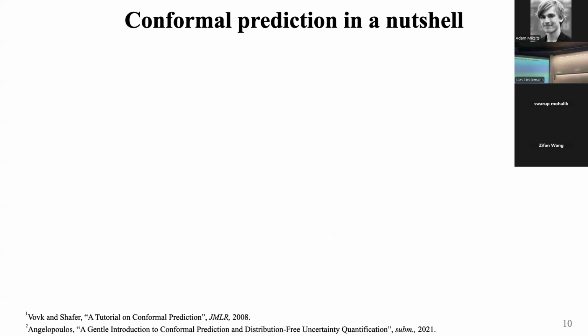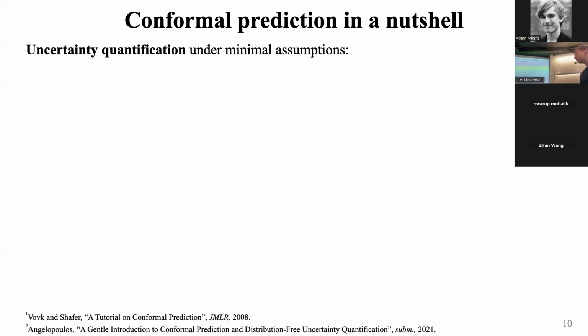Okay, so conformal prediction in a nutshell. It has become quite popular recently for one reason. It gives you uncertainty quantification under minimal assumptions. What I mean by minimal assumption is that it's distribution free, meaning if we're in a supervised learning setting